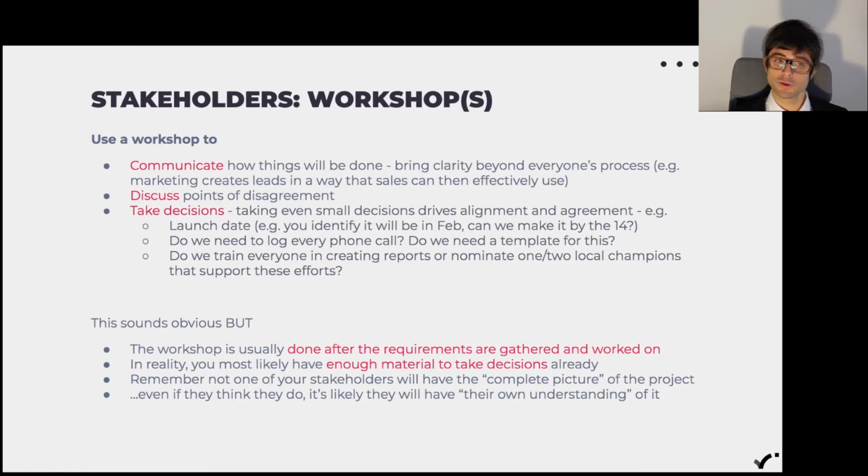Again, use a workshop to communicate. It's a good way to broadcast information. This is how things will be done. Bring clarity, bring alignment, discuss points of disagreement. It's important that people have a chance to discuss these things, and most importantly, take decisions. My suggestion is take meaningful decisions, but even small ones are fine. They drive alignment. If you have to decide on the launch date,